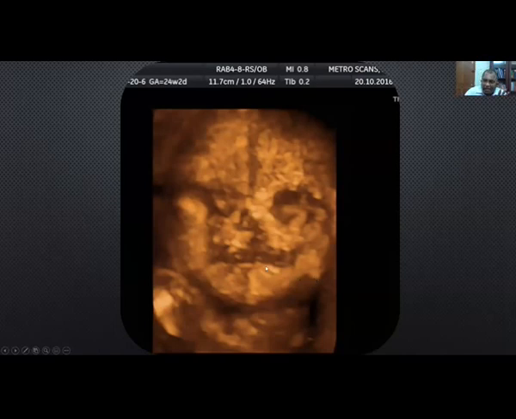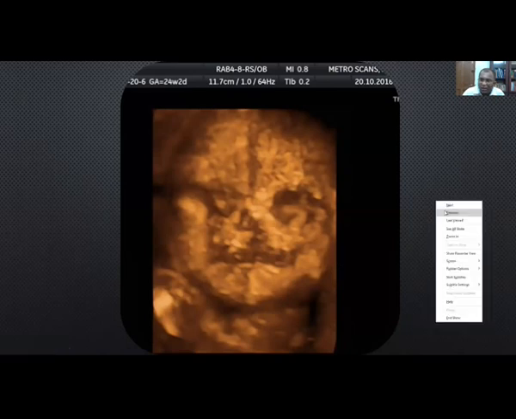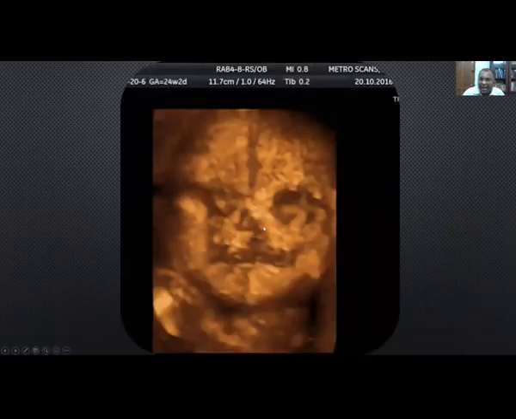And now, the maximal rendering view, you can see, can help to show us the defect in the hard palate. And the importance of 3D is that it gives vital information to the non-imaging person, whether it may be the patient's parents, relatives, and the surgeons. Non-imaging people get a lot more value and added information in 3D images. That is why these types of surface rendering images and maximum mode images to show the hard palate cleft are